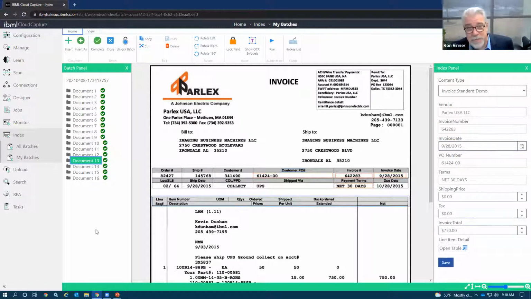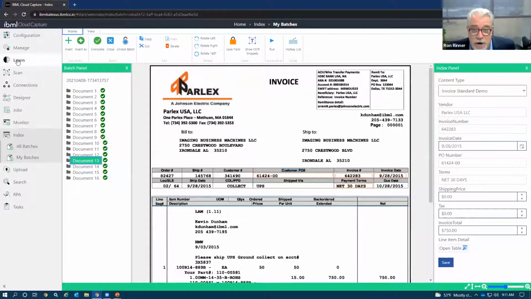The best person to set up your new invoice coming in, that the AI has never seen before, is in fact your AP clerk. Why? They know these documents. These are their lifeblood, day in, day out. They'll take a glance at this, see Parlex and go, I know where the PO, the invoice, et cetera, is. So having an inline methodology for any invoice the system hasn't seen before to pop up for that AP clerk to take a look at and set up is one of the major strengths of this software offering.